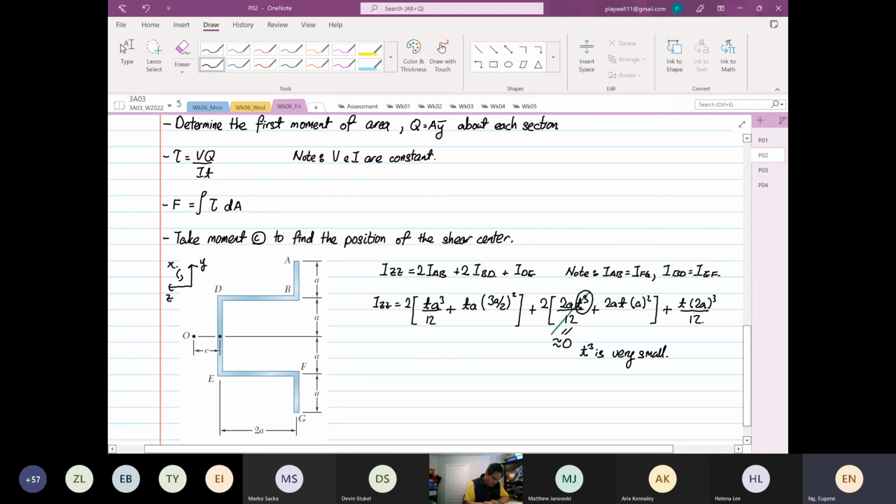There's 2 TA cube, so you have 1/6 TA cube plus 1/6 TA cube. 1/6 plus 1/6 is 2/3. Yeah, I need to check my calculator. My math is not that good. So you get 2 TA cube, or A cube T, divided over 3. So what I've done is